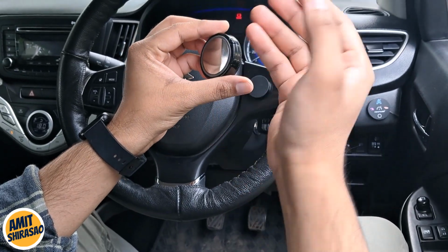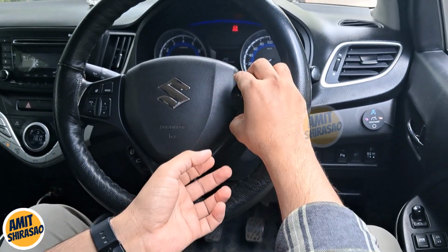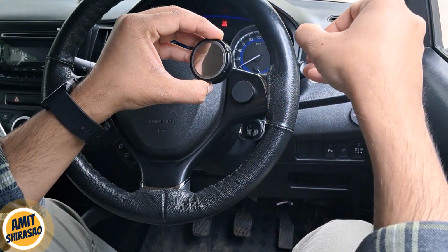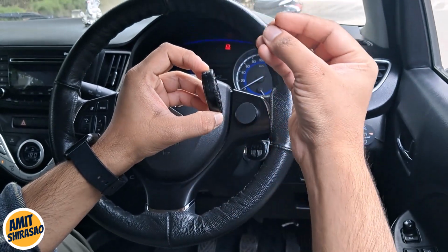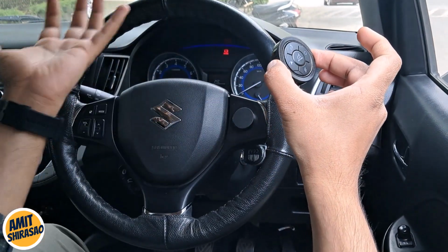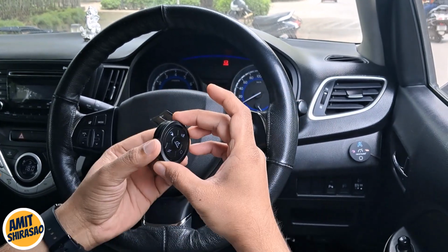So there's a coin battery. You can take the battery out from here, and since you have not stuck this directly on your steering wheel, you can always take this out and take out that battery. It's a coin-shaped 3-volt battery, and they also give you a spare battery, and it is very easily available in the aftermarket as well. Battery is battery, you can get it from any vendor, no problem. This is a very standard battery. Okay, and then